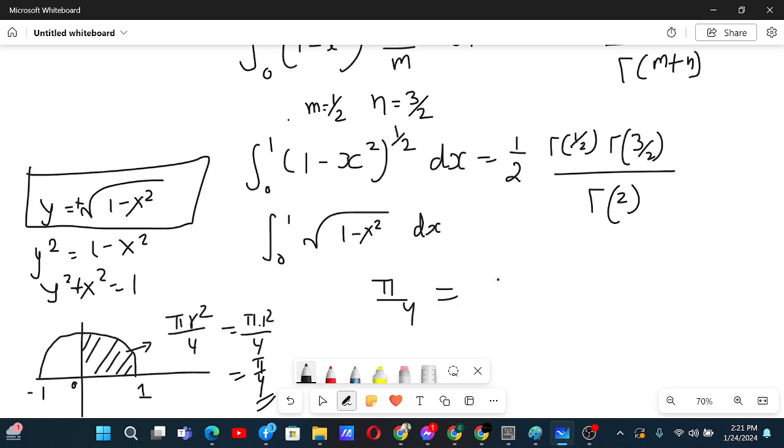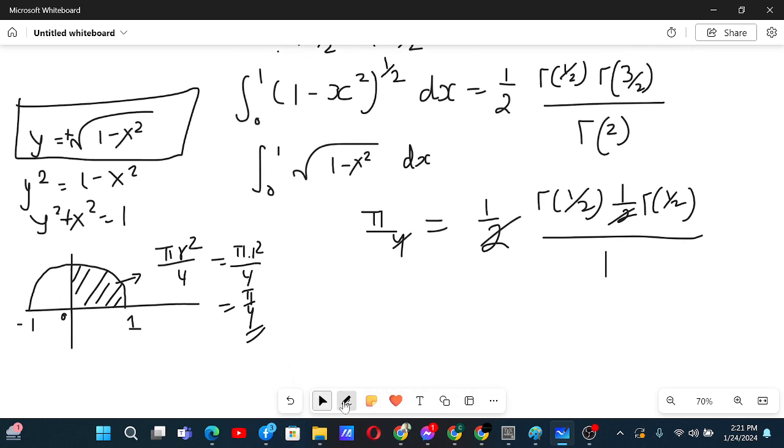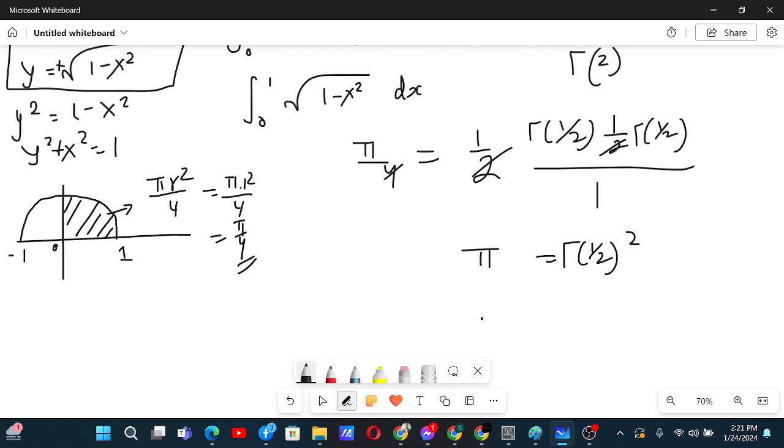And from the other side, we get 1 by 2 times gamma 1 by 2. And gamma 3 by 2 is also 1 by 2 times gamma 1 by 2. And gamma 2 is just 1 factorial, so that's 1. Now we can cancel the 4 in the denominator with the 4. And now you see, our gamma of 1 by 2 whole squared is pi. So, what does that imply? That implies gamma of 1 by 2 is